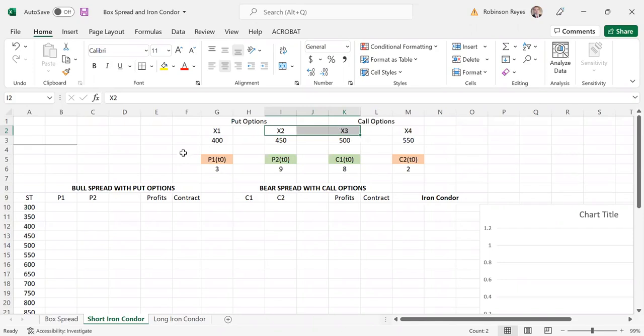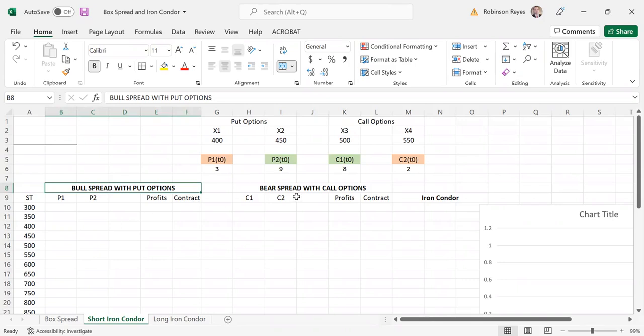Of course, we also have the distinction that we are forming here the bull spread with put options, and the bear spread with call options. This is important. We have been learning that a bull spread we should always form with call options, and that a bear spread we should always form with put options. Bear, we're bearish, we form it with puts. Bull spread, we're bullish, we form it with call options. It's quite intuitive, and when we have done it like that in the past, we avoid the possibility of